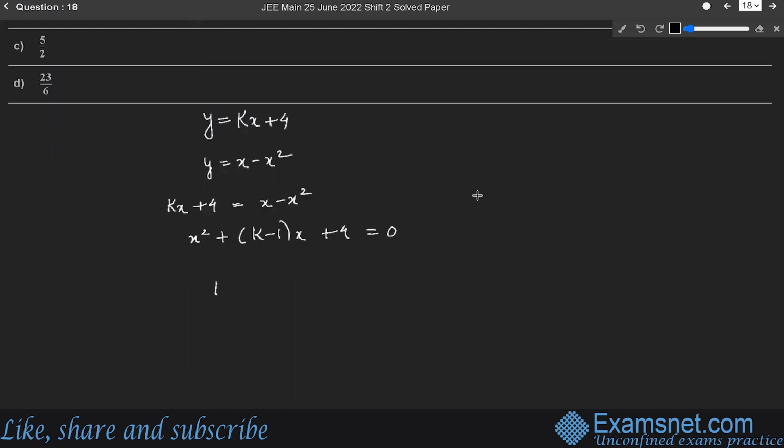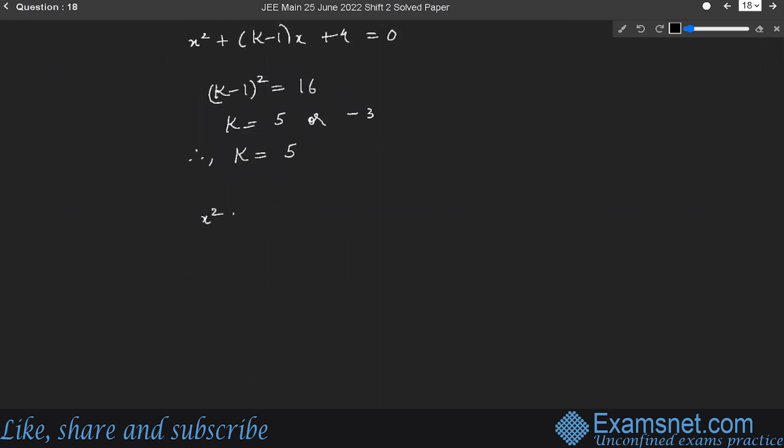Therefore, we can say that k minus 1 whole square will be equal to 16. So k will be equal to 5, or we can say k will be equal to minus 3. But since we know that k is greater than 0, the correct value of k will be plus 5. And hence, x square plus 4x plus 4 is equal to 0. So x will be equal to minus 2. Therefore, P is minus 2 comma minus 6, and this is the point P, and the vertex is denoted by